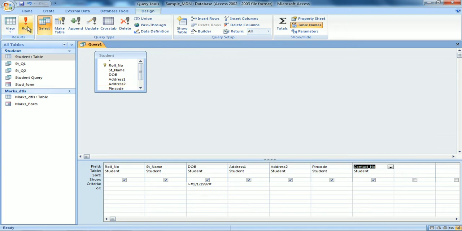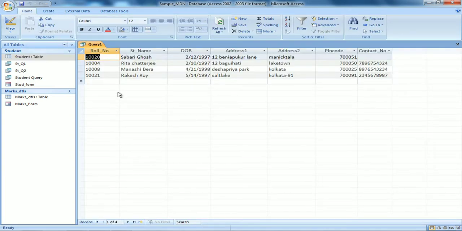Now you see only 4 records have been shown. I had more records. So these people were born after January till today, that much. If I give a range, that is a separate thing. So this is the range, that is greater than 1st January 1997. All the students' records whose date of birth is after that date will only be shown. Other records that are earlier than 1997, their records won't be shown.